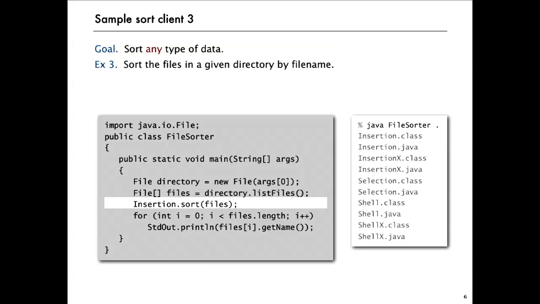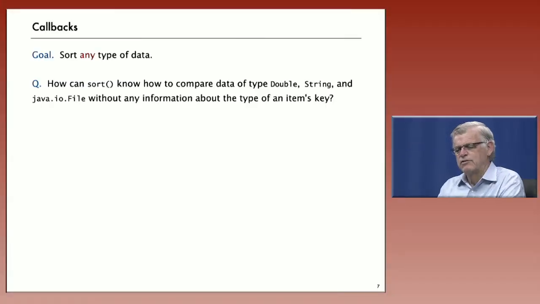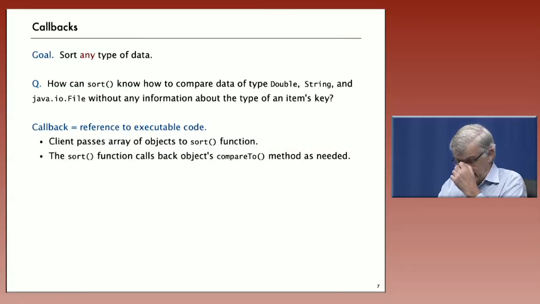And the first rule of the game that we have to think about is, how can we make it so that we can implement one sort program that can be used by these three different clients to implement three different types of data? And the way that that happens is a mechanism known as a callback. So that's our basic question. How can sort know how to compare data of all these different types without being given any information about the type of an item's key? And the answer is that